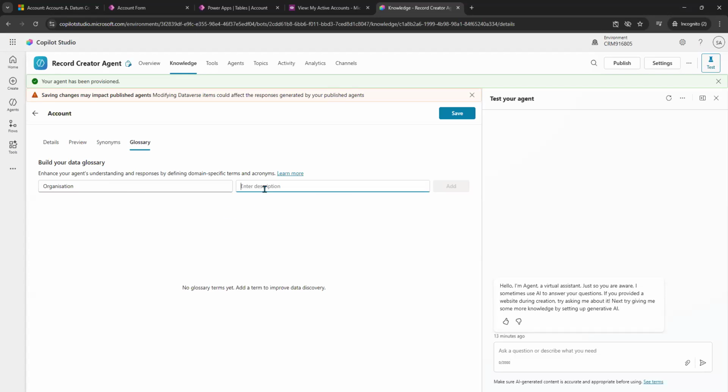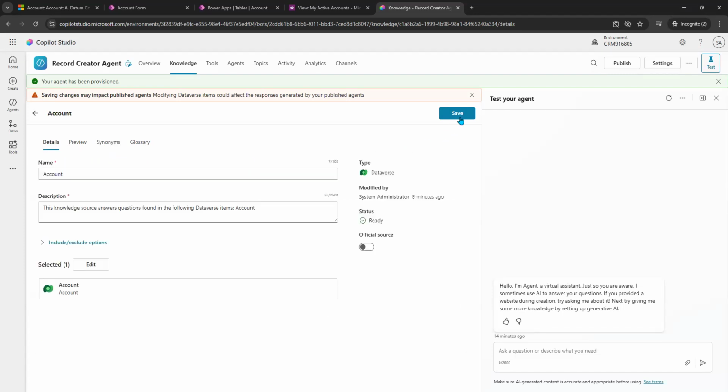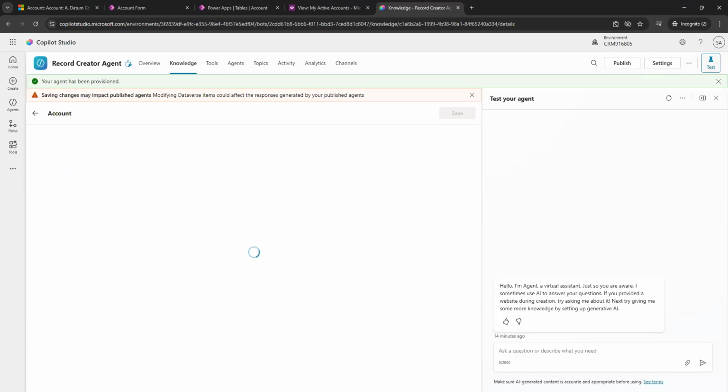If someone says organization, that means it is account. Like organization, you can add companies and everything here. So in synonyms and glossary, when you want to add a second name for any field, you should add it here. Once you add and save this,